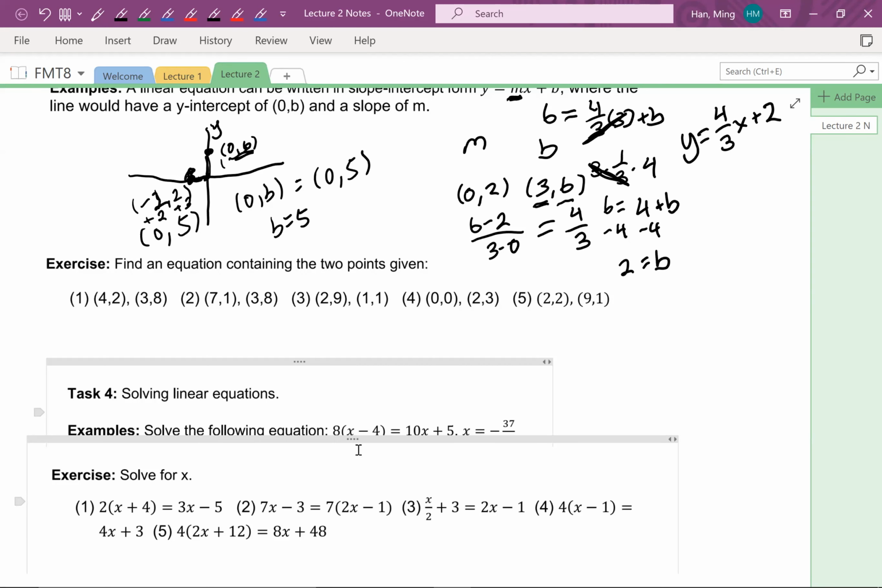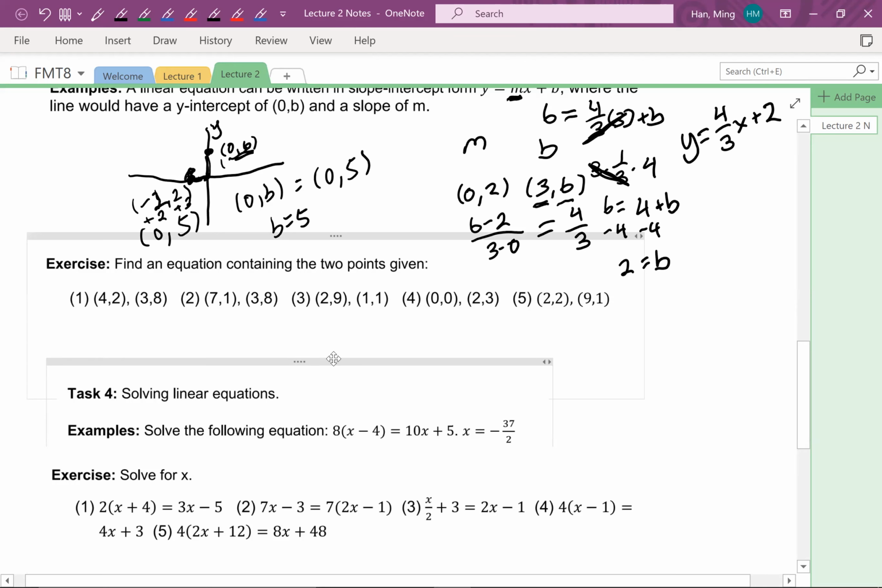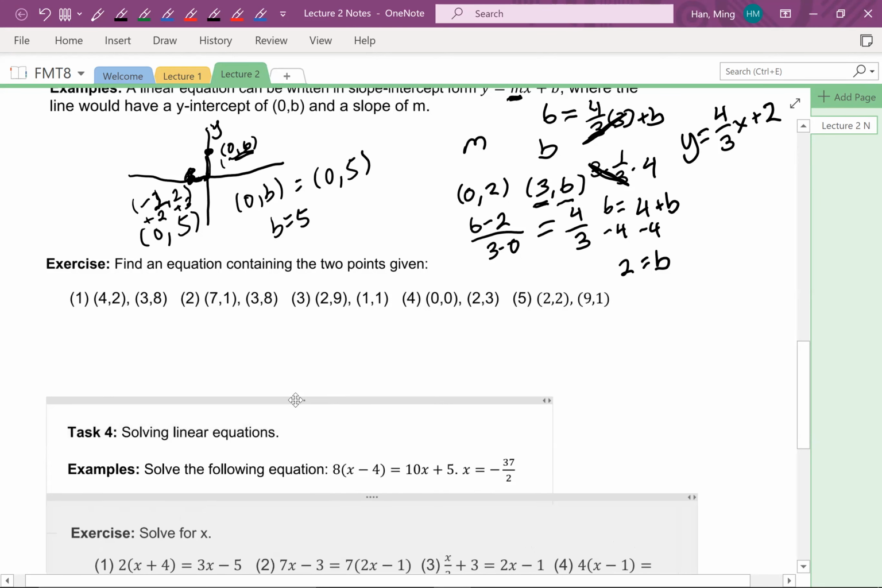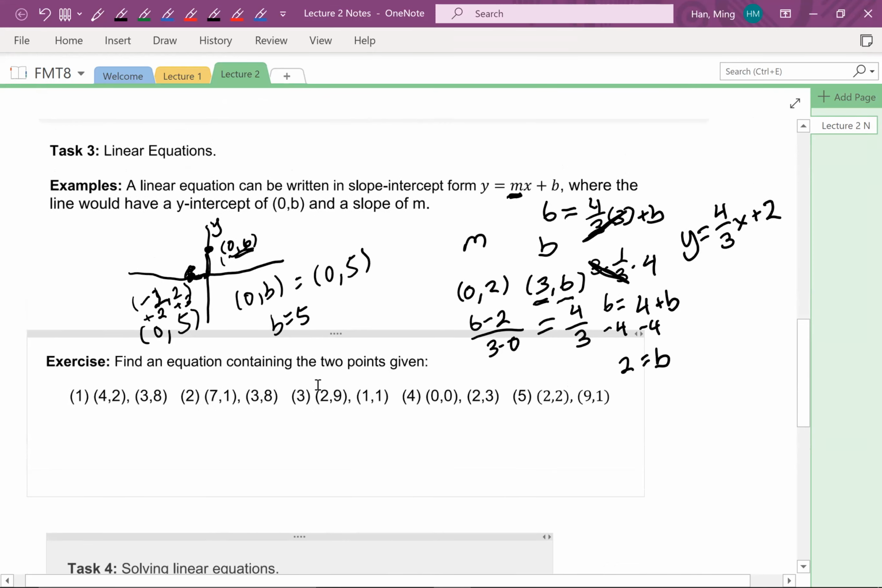Do you have a question? Yeah, so basically what they're asking is they want us to write the equation to find the answer, like what we were doing before. Yeah,